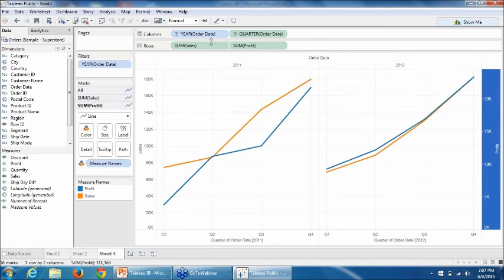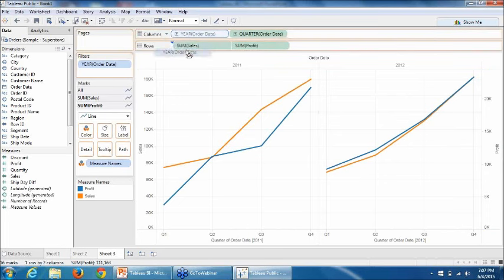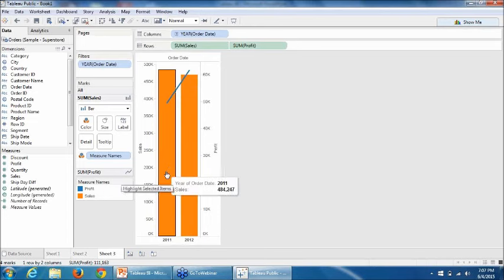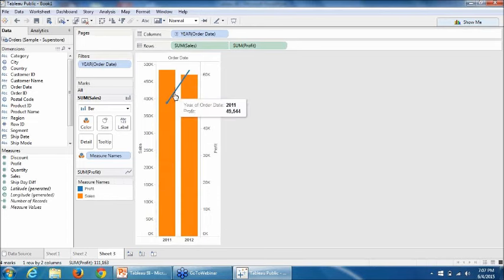What I can do is choose the year and put it in. Now with this, I am able to point out how the sales have been when I'm comparing 2 years, 11 and 12. So I have a dual axis here using one bar and one line chart.